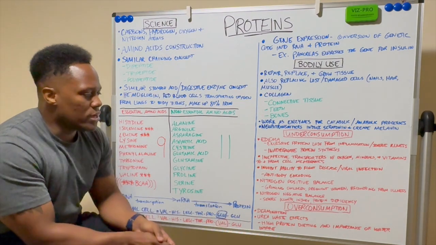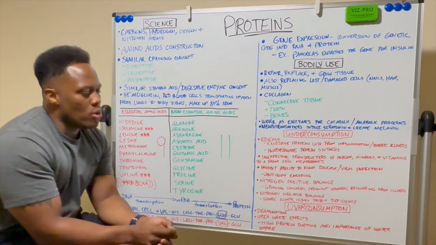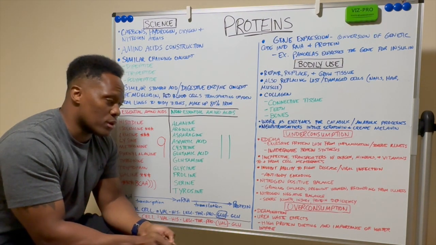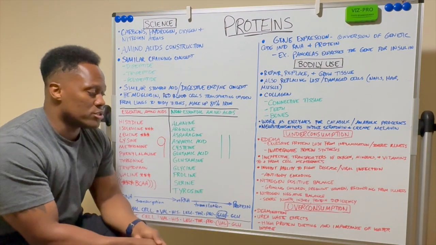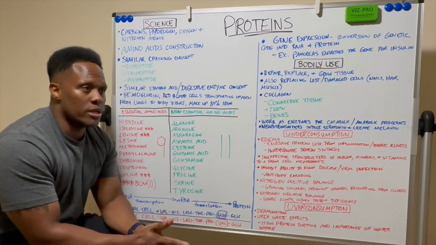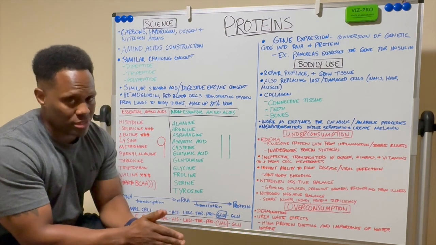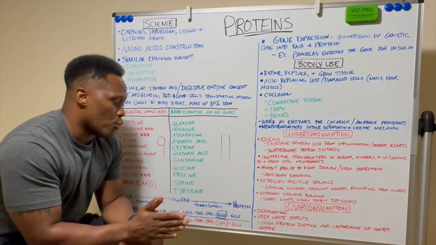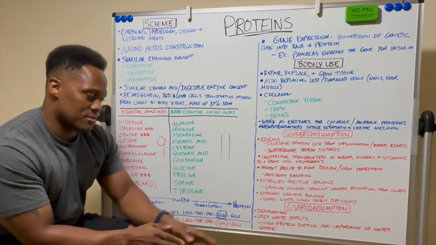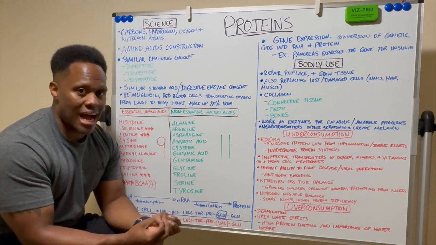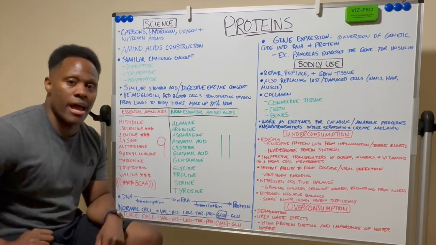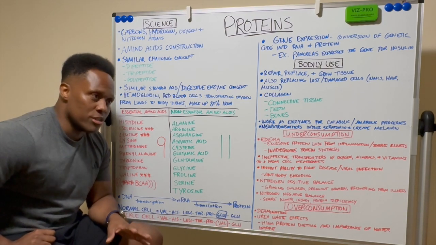I say here with overconsumption, specifically for people who are dieting and on a high protein diet, you want to be mindful, because there's an importance of water intake here. Your body does need fluid to help process the urea, the excess protein. If you're on a high protein diet, the higher the protein, the more urea you're going to have. And again, to process the urea, you need water.